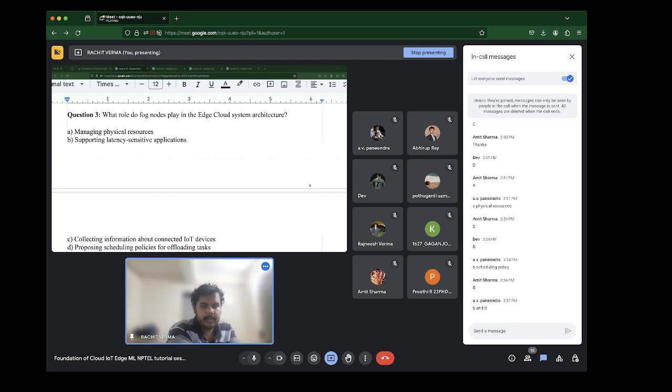B and D. So do fog nodes themselves propose scheduling policies, or is it like the edge controller that is proposing the scheduling policy? Okay, Amit Sharma has said B.